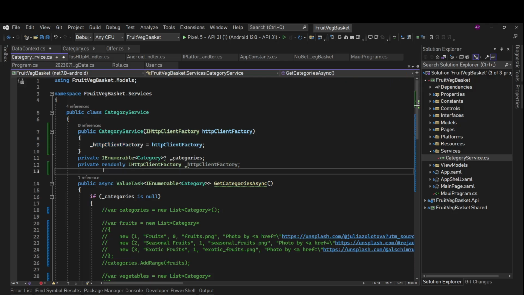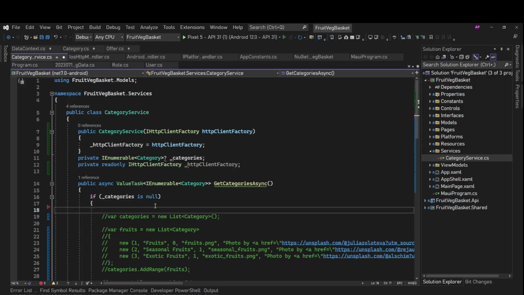We can get the client when we need it. So if the underscore category is null, we'll do this small caching here for categories. If this is null, then we'll get our categories from the API. And how can we get that?